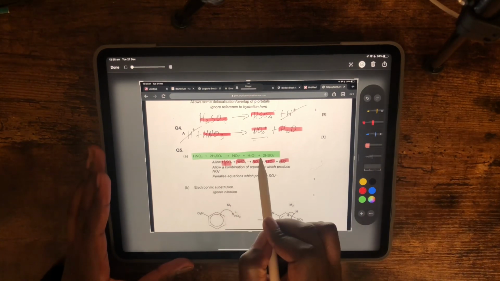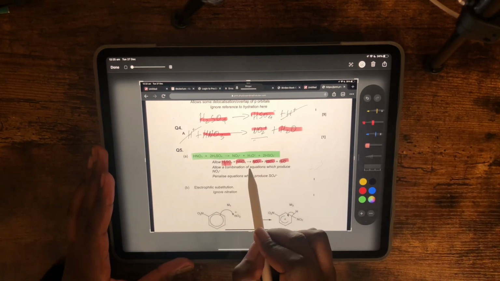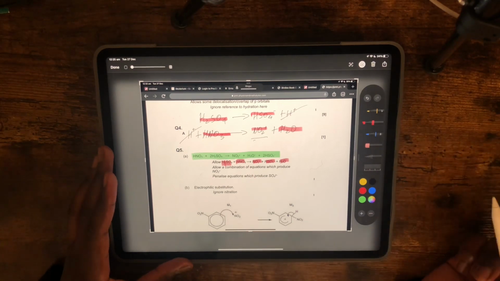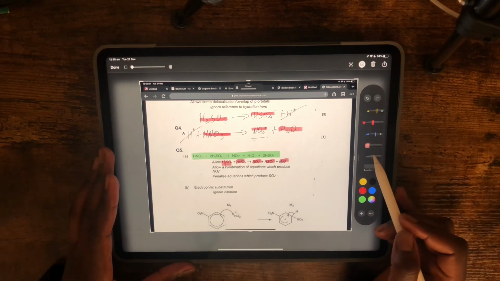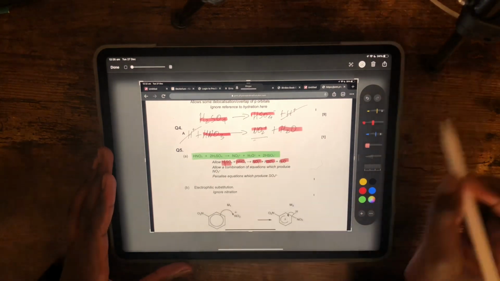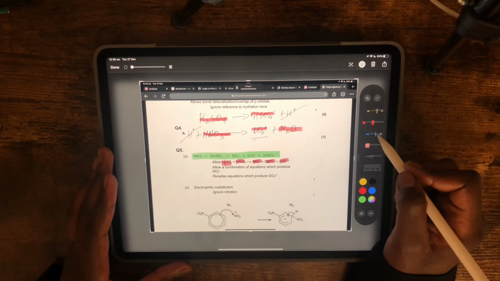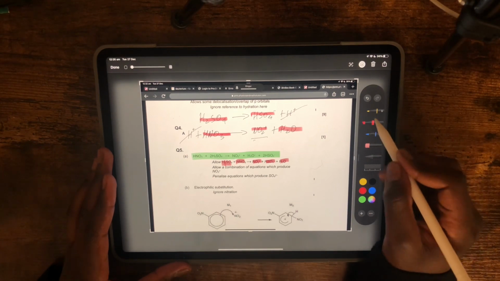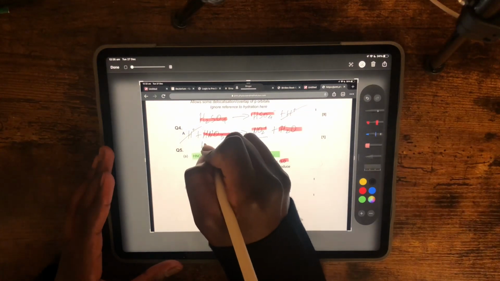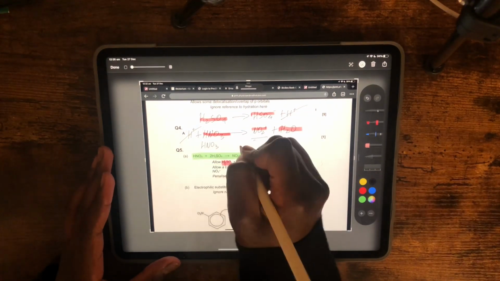Should I do this one here? This one is correct in itself. Okay, then the top one will be the same. It's only going to be the bottom one that's really going to change, isn't it? Alright, I'm going to try and attempt it. So HNO3 goes to form